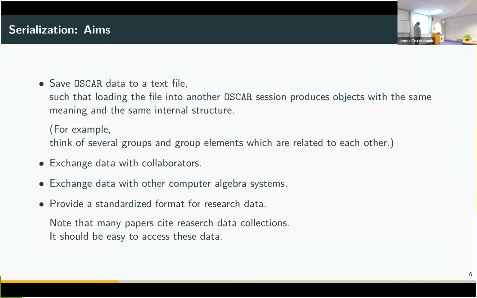The next point, serialization. There was a more technical point. The idea is, well, we are computing data in OSCAR, and sooner or later, we want to store them somewhere. So it's not just starting a session, doing a computation, having a result, and then leaving the system and it's done. But well, we want to